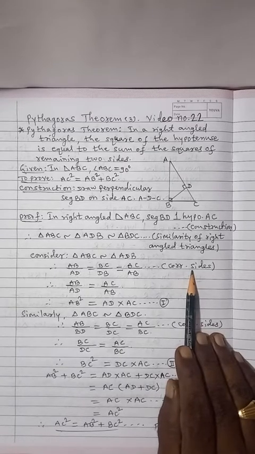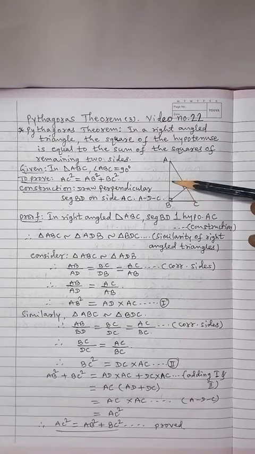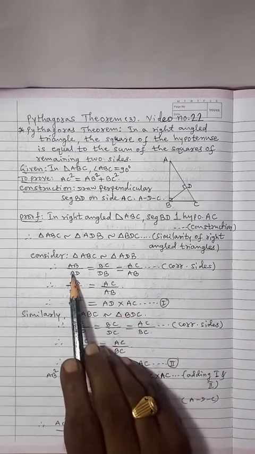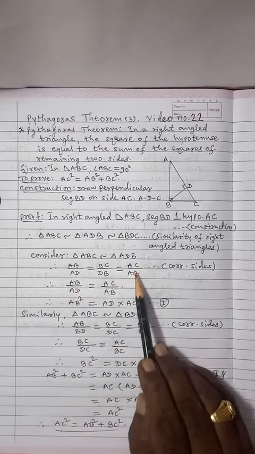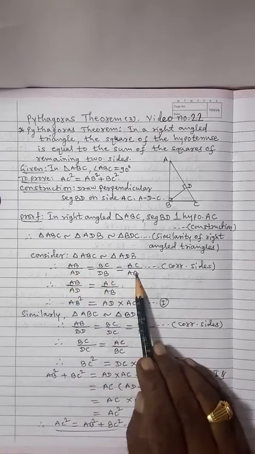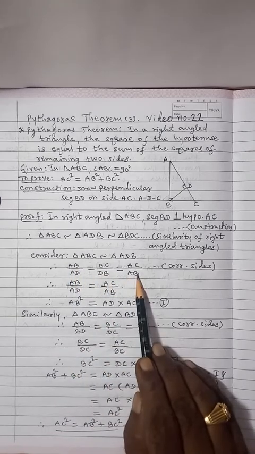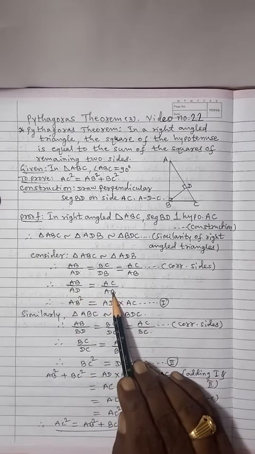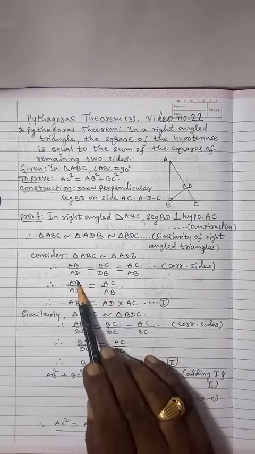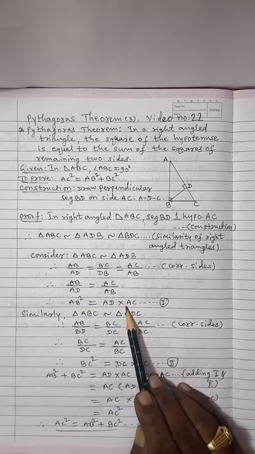So, see the key point, we have to find the value of AB square and BC square. First we will get AB square. I want to find AB square. So, AB upon AD is here, AC upon AB is here. If we consider these two, this is equal to this. These two ratios are considered. Cross multiply, AB into AB, we will get AB square. Cross multiply, yes, we will get AB square is equal to AD into AC, result number 1.